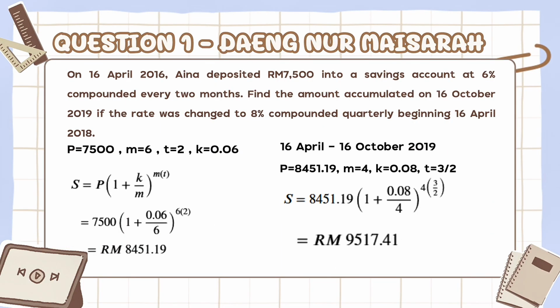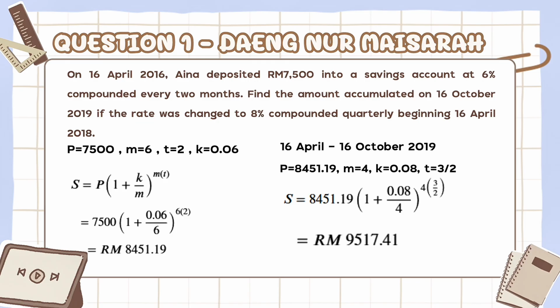Question 1 is we need to find the amount accumulated, which is from chapter 3, compound interest. I use the accumulated value formula, which is S equals P bracket 1 plus K divided by M bracket to the power of MT. First of all, we need to identify the P, which is 7,500. M is compounded every 2 months, which is equal to 6, and T is equal to 2 and K equal to 0.06. Then, substitute into the formula and you will get RM